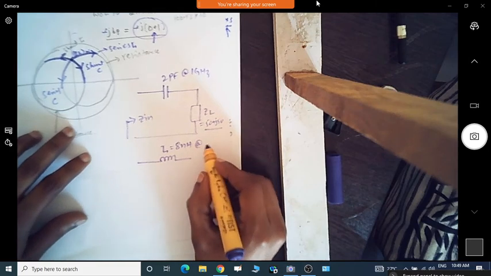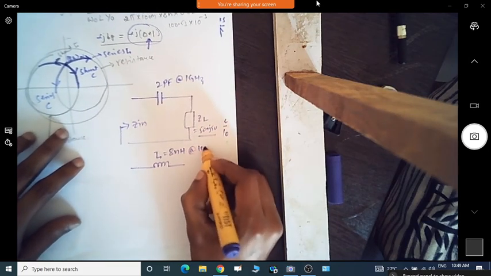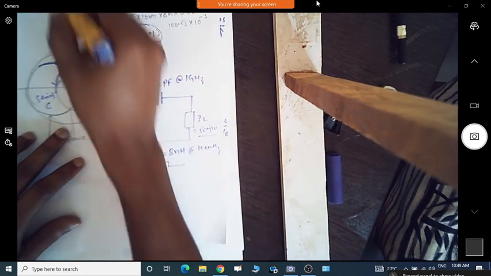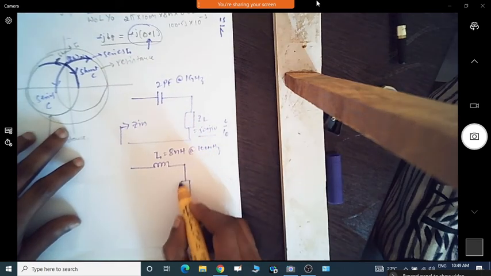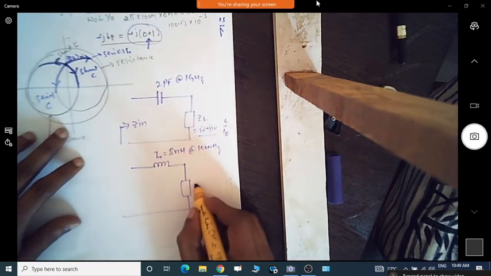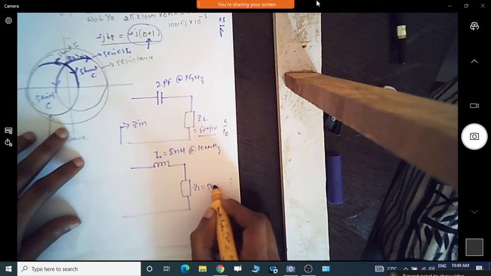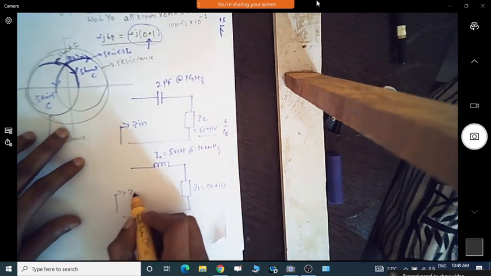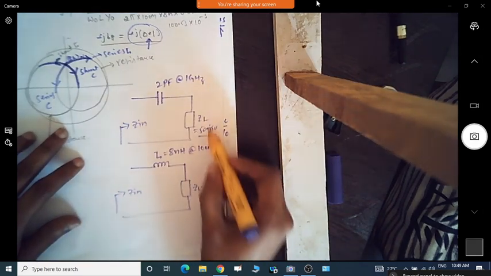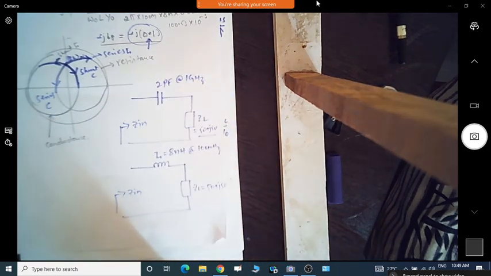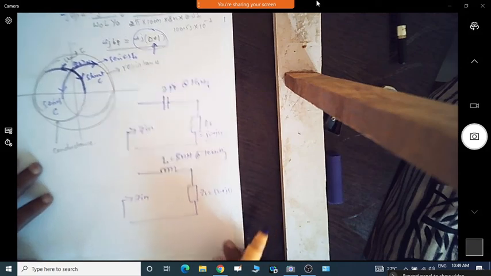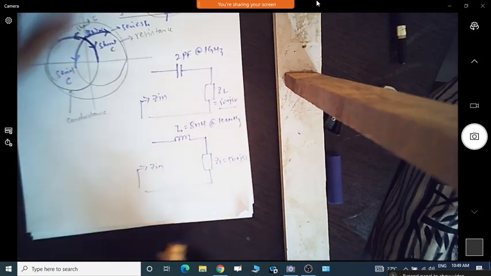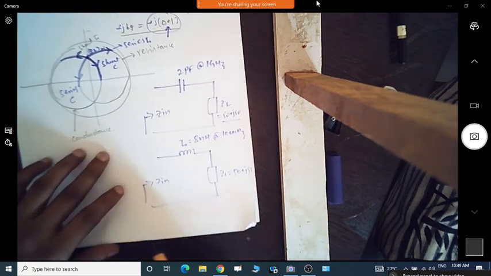At 100 megahertz itself you can take it, and instead of shunt I am giving series. Try to do it. So ZL is equal to 50 plus j50. Now find out the input impedance. For these two particular cases, try to do it and we'll see whether you get the answer or not. If you don't get it, then I'll try to do it.